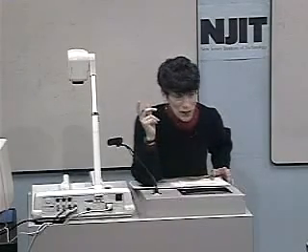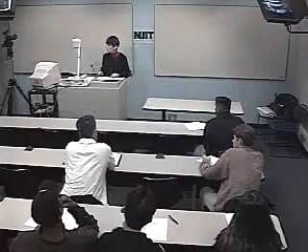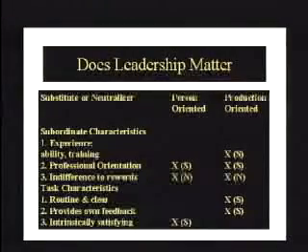However, their influence is circumscribed, and there may be times when you want to think about, if we're not having good leadership, can we have a substitute for leadership? Is there some way to neutralize bad leadership when we don't have it? And some research tells us, indeed, yes. If you have some characteristics in your subordinates, then certain things in your leader are superfluous. If you have subordinates that are knowledgeable, that are well-trained, then you don't need the leader to do the training. You don't need that production orientation. That's a substitute for it.